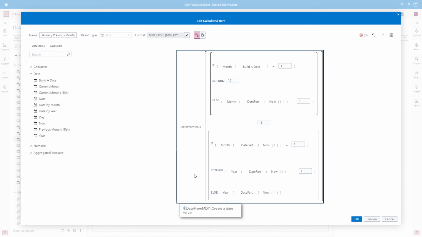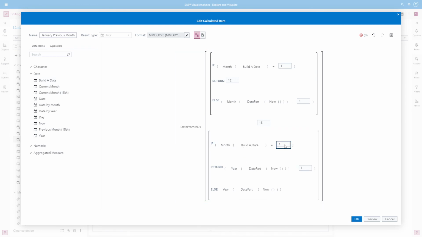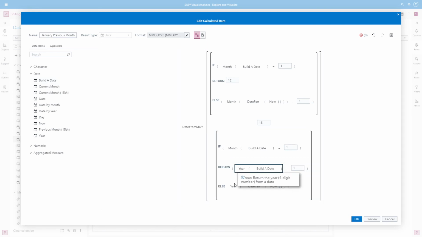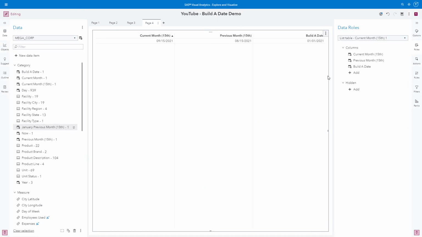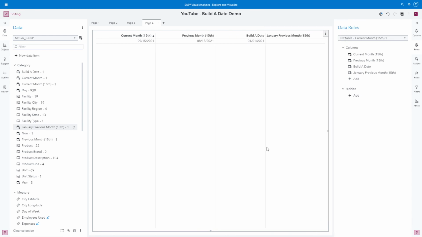And then down for the year, again, if the month of our January is 1, then it should return our January year minus 1. So let's check to see if our January irregularity is being accounted for correctly. Go ahead and add this to the list table. So for January 1st, 2021, it is returning December 15th, 2020. So it looks like our logic is working correctly for the previous 15th month, even when getting to the irregular